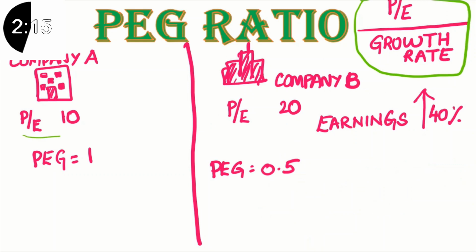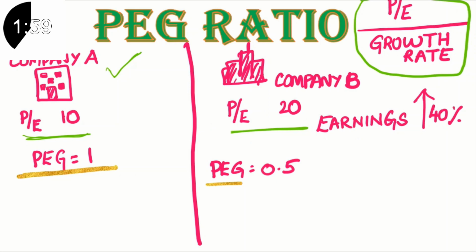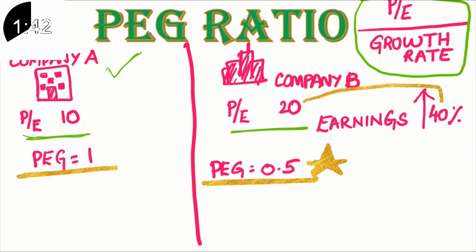Usually, if we have to choose between these two companies based on PE ratio, we may choose company A because it looks inexpensive. But PEG ratio takes us a step further and tells us that we need to choose the company with a lower PEG ratio because it has greater growth potential. In essence, PEG ratio tells the price you may be willing to pay for a string of earnings you are going to derive in future.